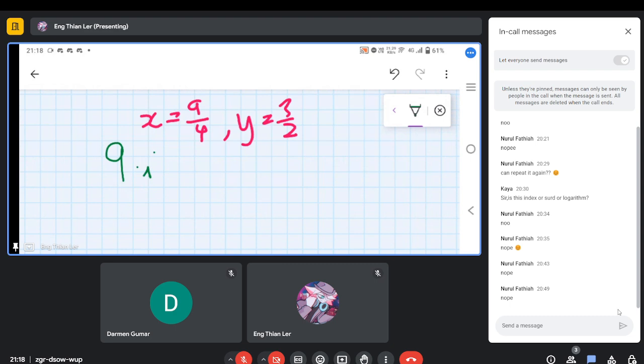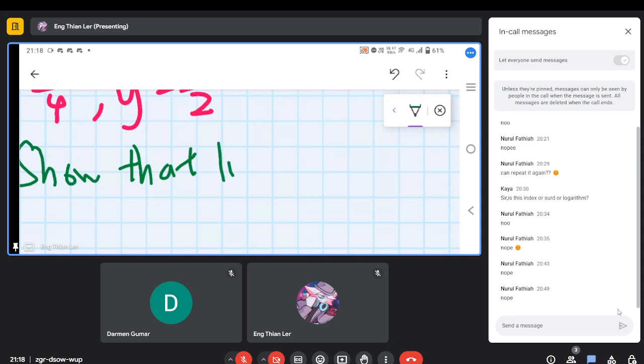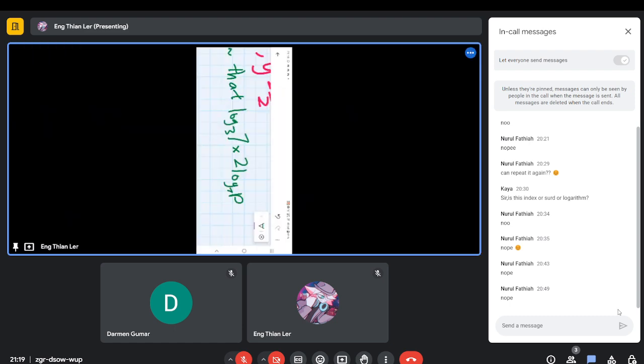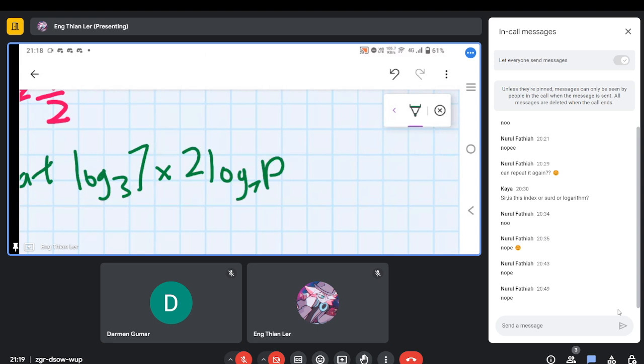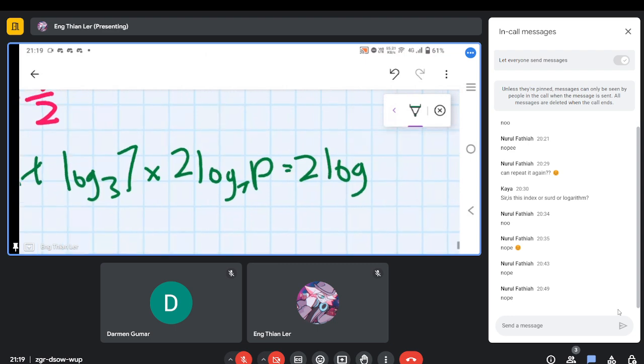For 9A, we need to show that log 7 base 3 multiplied by 2 log p base 7 equals 2 log p base 3. Alamak, what is this like? Okay. So now